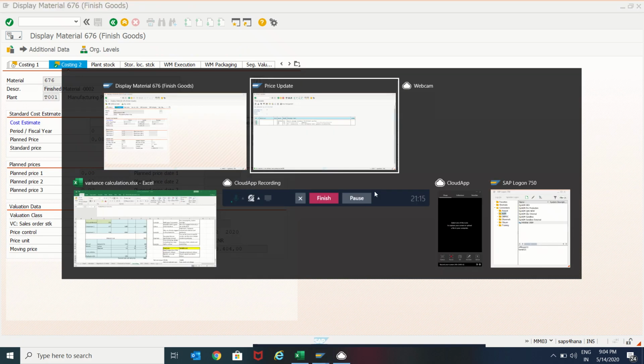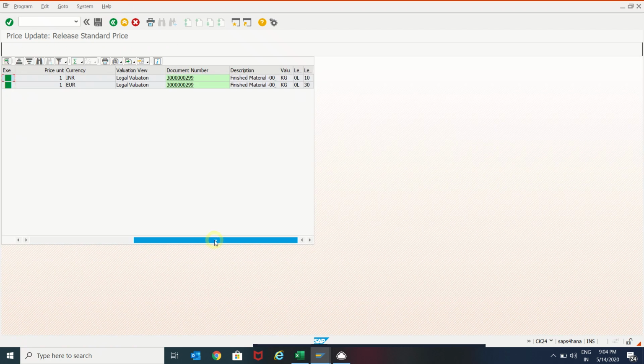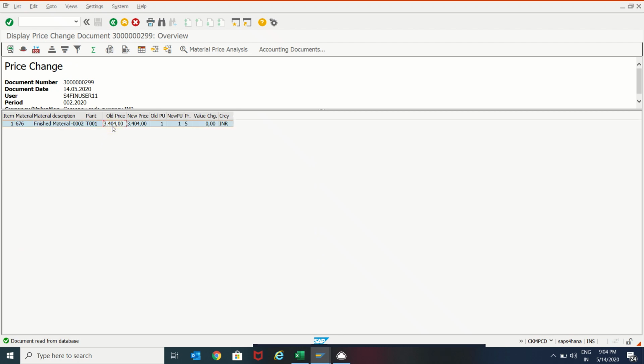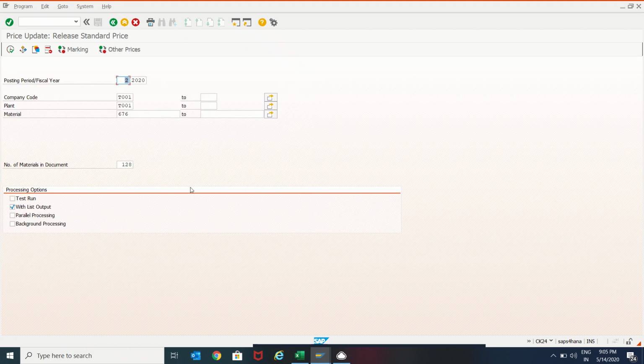So when you run the standard cost estimate after releasing, there is an impact in the finance. Okay, there is an accounting document generating. If you have performed already standard cost estimate, and second time if you are doing the standard cost estimate, if there is a change in the price and the quantity also existed in the material master, then system is going to update a document for that. So here we will see any accounting document is generating or not. It did not update because there is no value change. Okay, and because value is considered by calculating quantity as well as price, so there is no quantity, so system did not update any accounting document for this one. So this is the process we have to run the standard cost estimate in the SAP system.